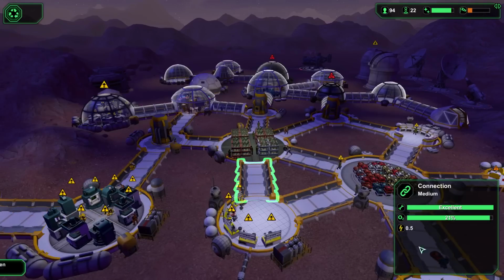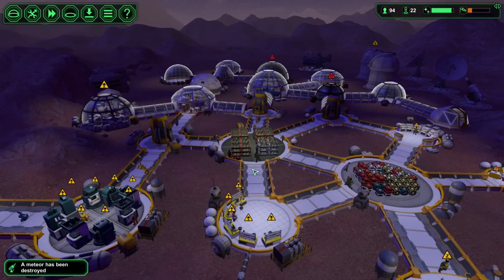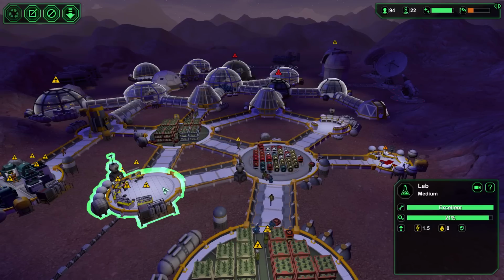And corridors all use power, and they all cost material. So you don't want to build corridors unless you have to. You won't get refunded for the last corridor when you're demolishing a building. And so it's best for you just not to...